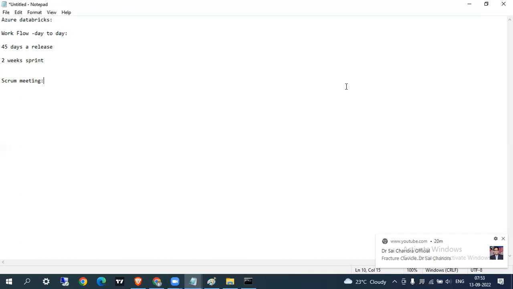Then he will give the timeline, like within how much time that work should be completed. Then you will start on your work. Here in this project, a table name would be assigned to you, and your job